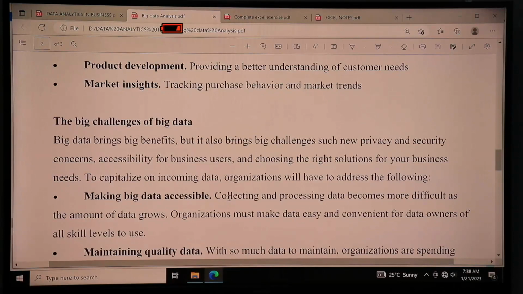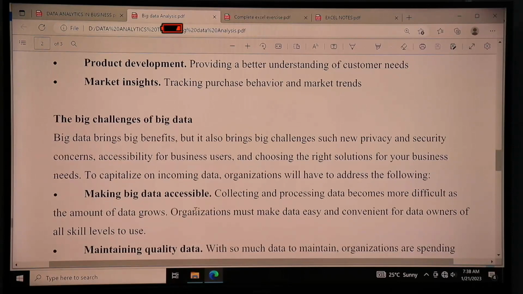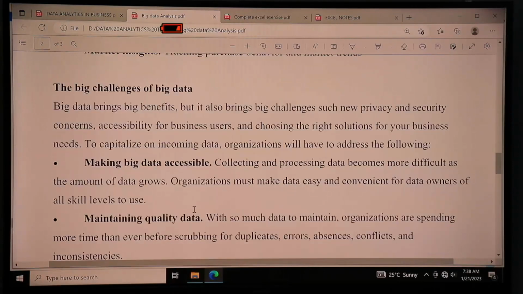We have said that when you start the organization, slowly, the big data keeps on growing with time. And by this, you have a lot of data. Then maintain quality data, because you may have big data with so many duplicates. And because of this, sometimes you find, yes, you have big data, but when you are doing the analysis, it gives wrong reports because of those duplicates and errors. Sometimes even conflict and inconsistency.